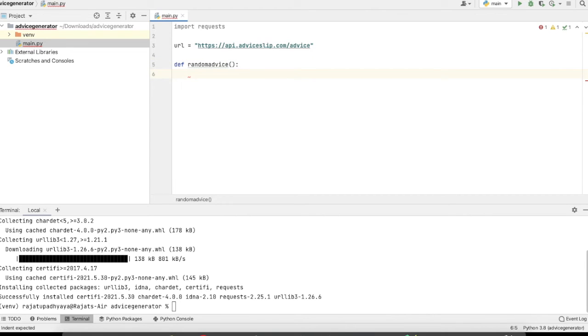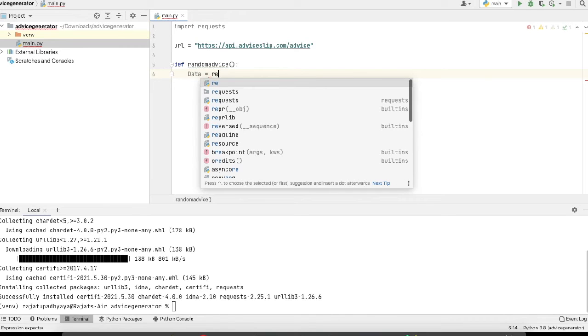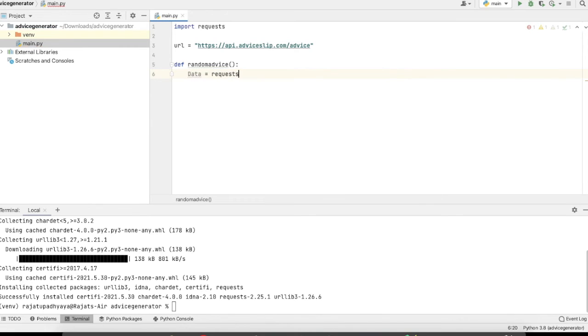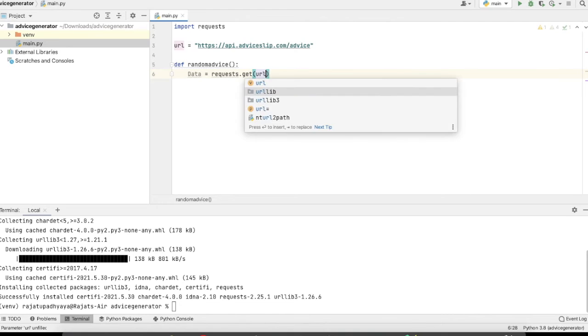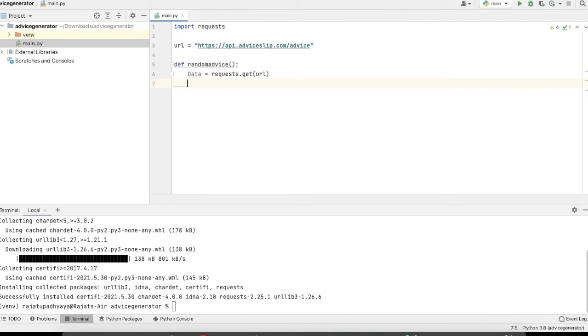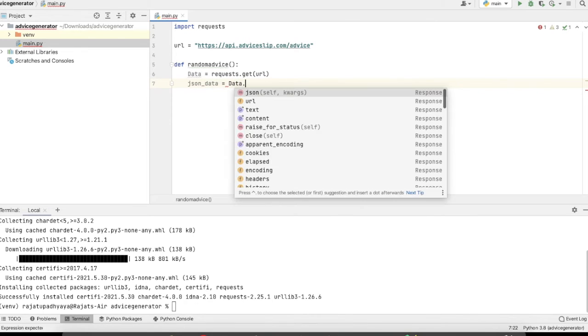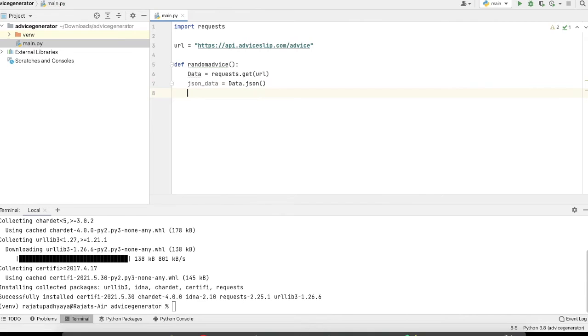Here we will create one variable like data, and use requests to get the response from the URL. We will pass the URL here. Now we will convert this data into JSON format. So we will create one variable like json_data, and we will do data.json(). Now we have all the data.